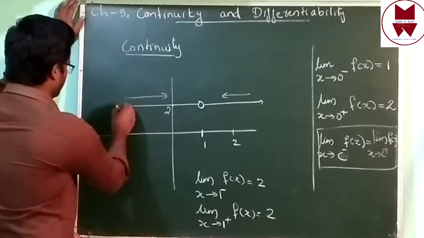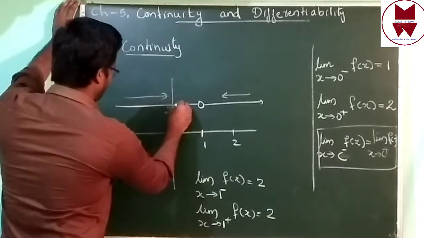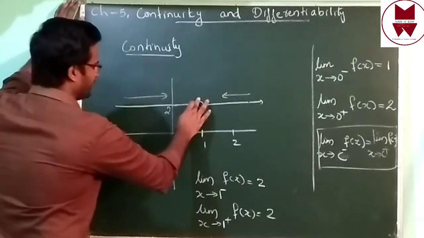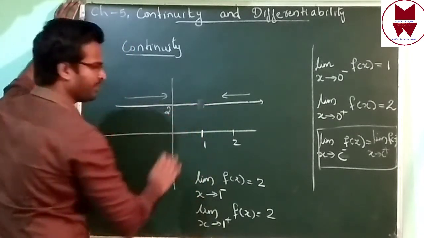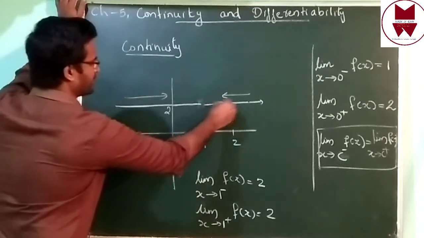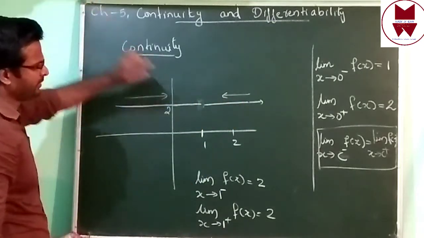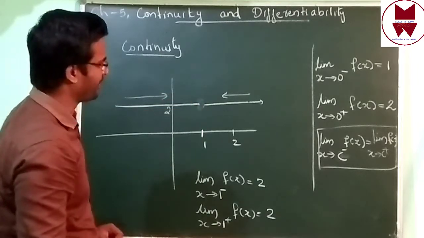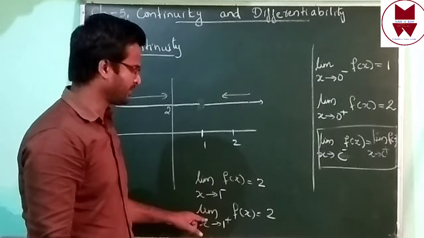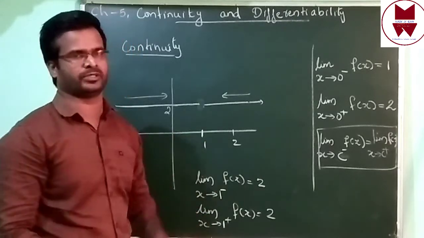Look, without taking your pen, can you draw this graph? We cannot draw, because here nothing is there, one gap is there. Anyway, you have to take your pen from here to the next part, isn't it? That means in this case this function is not continuous. We got LHL and RHL equal, but the function is not continuous.